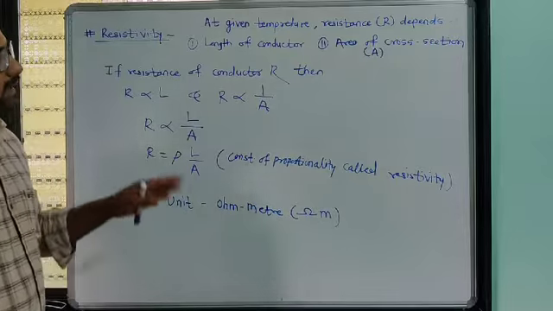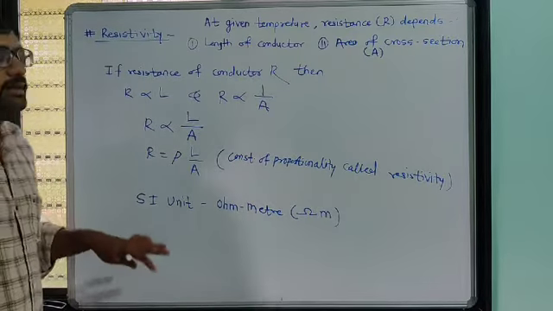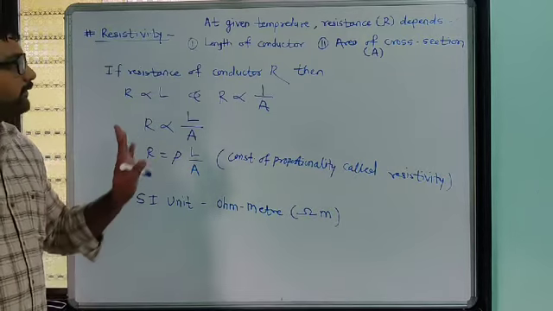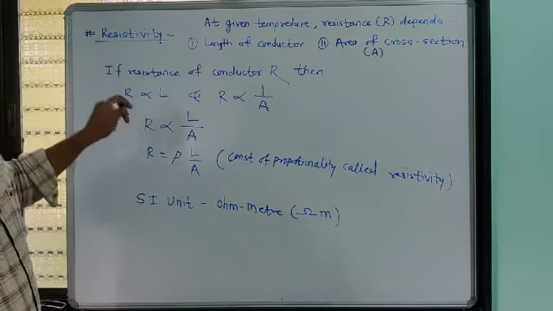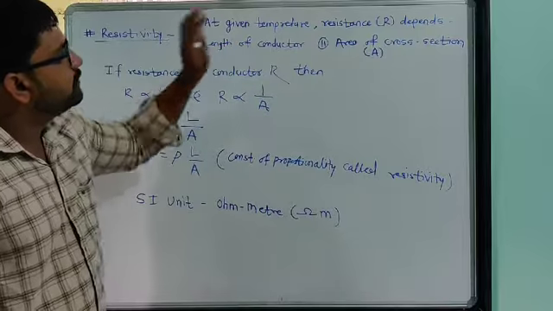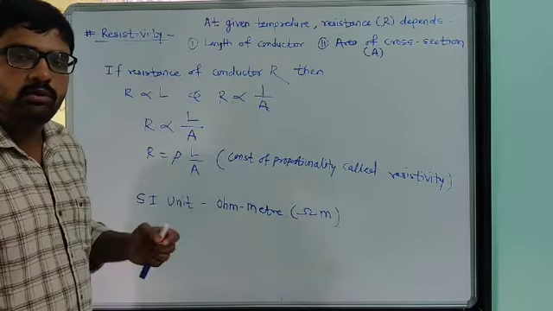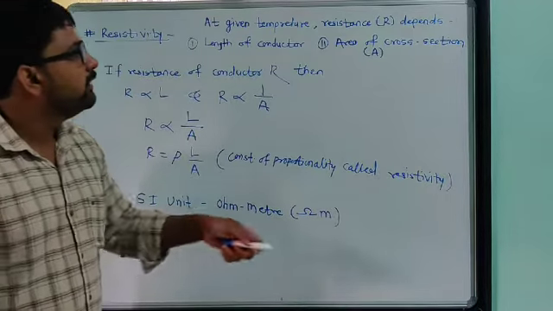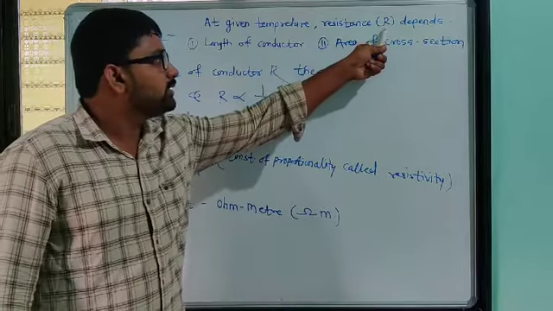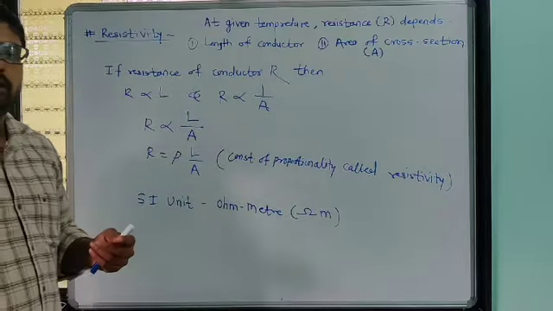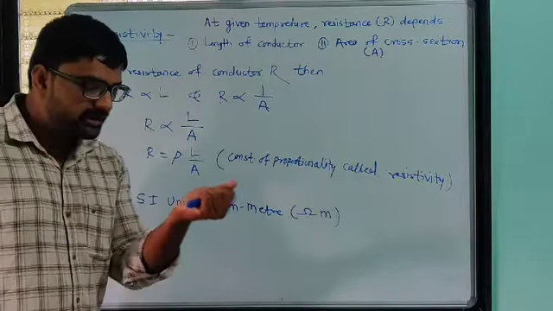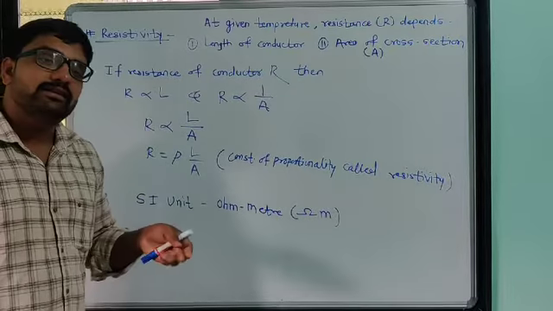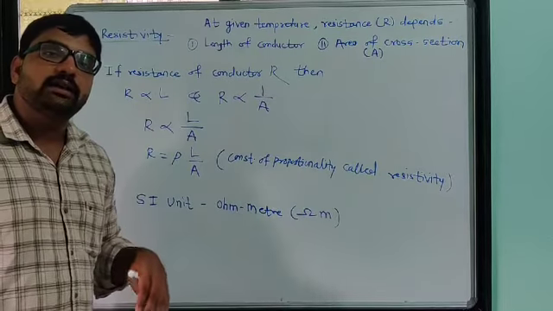Okay, so that much part we have to see in the resistivity part. Here we have to remember only two terms first. Resistivity, at a given particular temperature. We know a certain conductor has a particular resistance. We call that resistance R. At a particular temperature, suppose R is the resistance of a particular conductor, then the resistance of that conductor